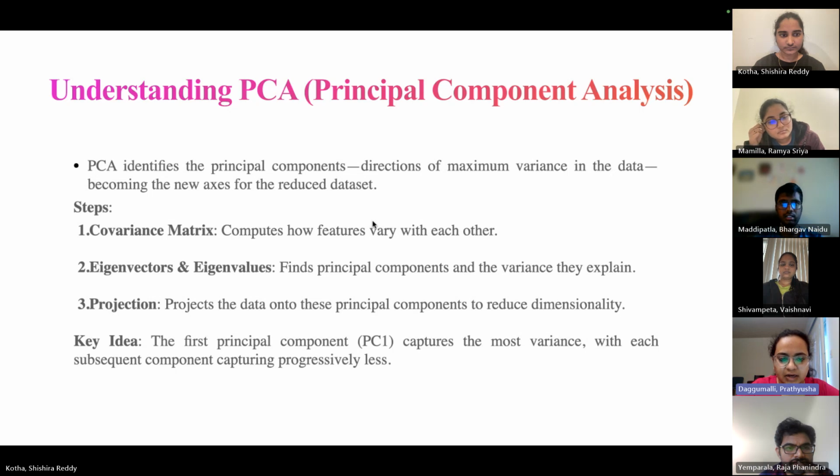The eigenvalues and eigenvectors find the principal components and the variance they explain. The projection projects the data onto these principal components to reduce dimensionality. The key idea is that the first principal component, PC1, captures the most variance, with the subsequent components capturing progressively less. So when we go to the next slide,